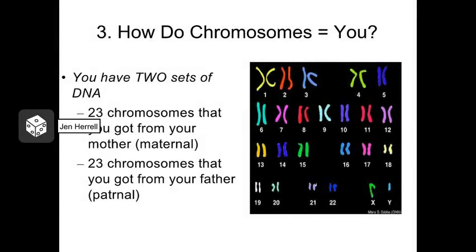Your 46 chromosomes carry all of your 25,000 to 35,000 genes, and we like to think of this as representing one set of DNA. But really, you have 2 sets of DNA. You have 2 sets of chromosomes carrying 2 sets of genes. Why is that? Well, it's because your DNA came from 2 different sources originally. You inherited 23 chromosomes with genes from your mom, called maternal chromosomes, and you inherited 23 chromosomes from your dad. We call these paternal chromosomes.